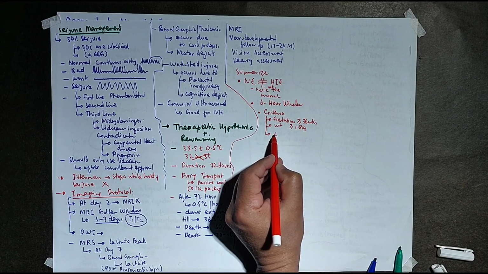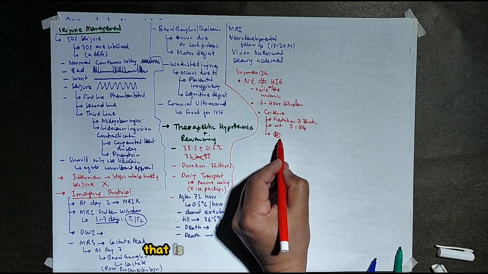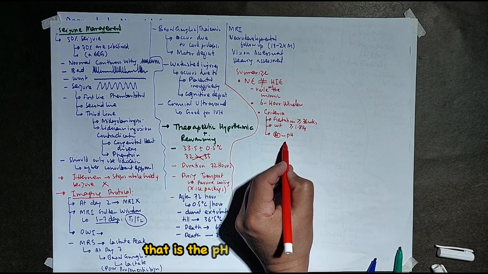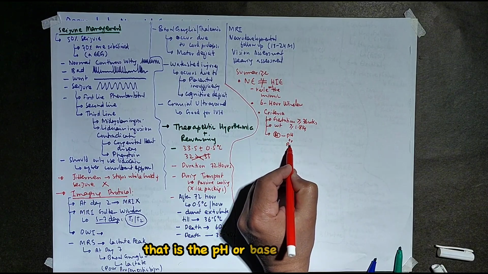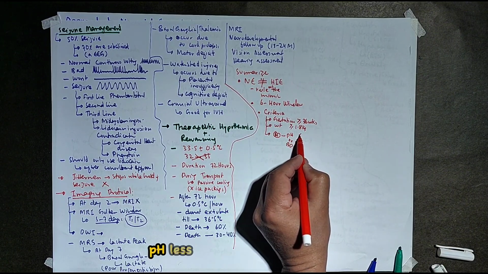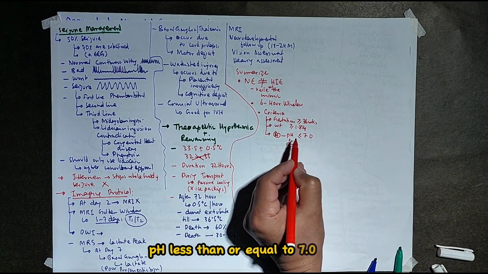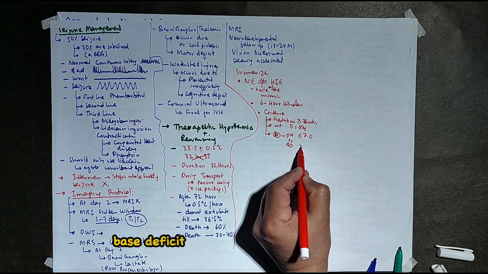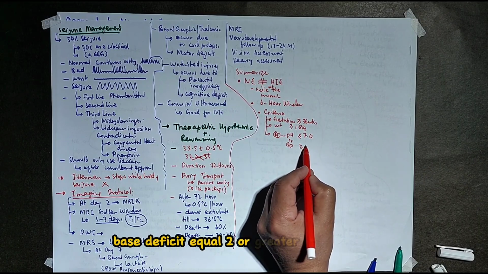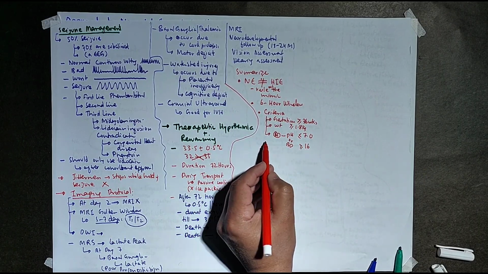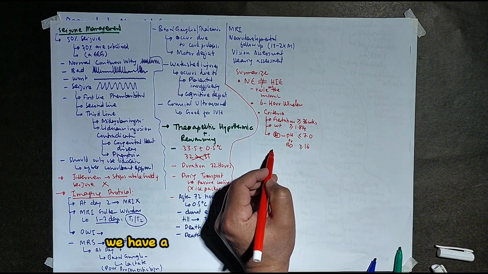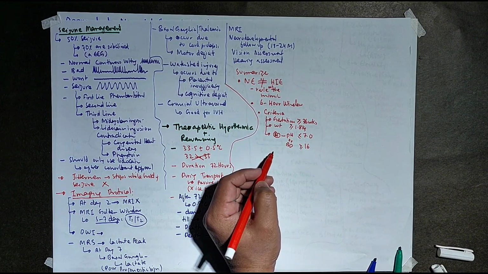Criteria A, that is the pH or base deficit, pH less than or equal to 7.0, base deficit equal to or greater than 16 millimole. We have a borderline clause over here as well,